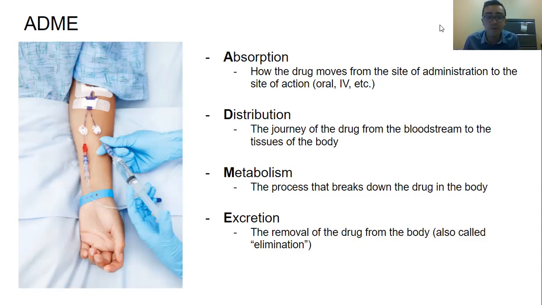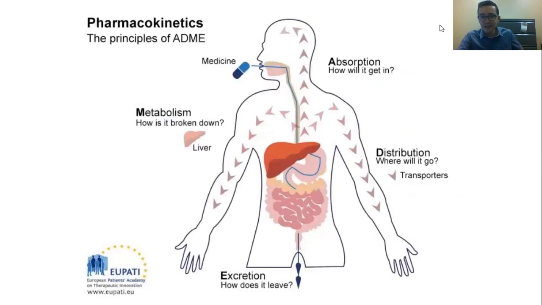Those all have to do with excretion or elimination and that final step of pharmacokinetics. And just to put it into perspective for our visual learners out there, I'm one of them, so I usually like to include these things. Let's say the drug is orally bioavailable, right? So we're taking this pill and we're putting it in through the mouth, and absorption, how will it get in? Well, it's going to go down into the stomach, and then it is going to go into the gut, and